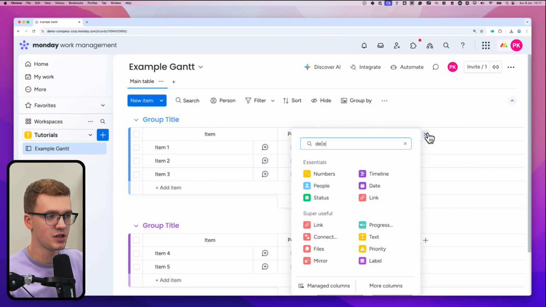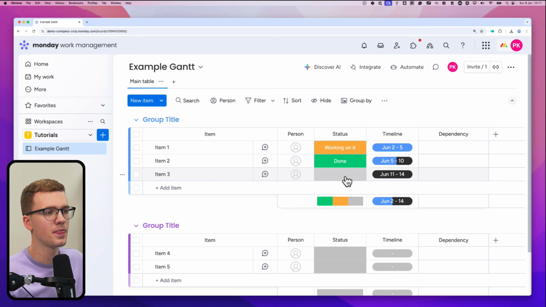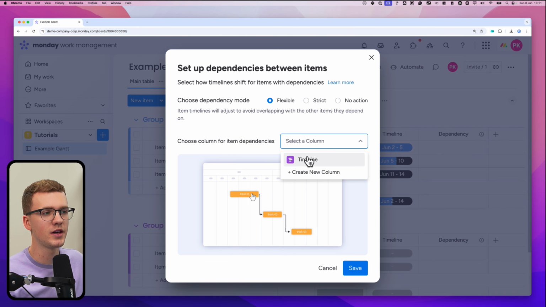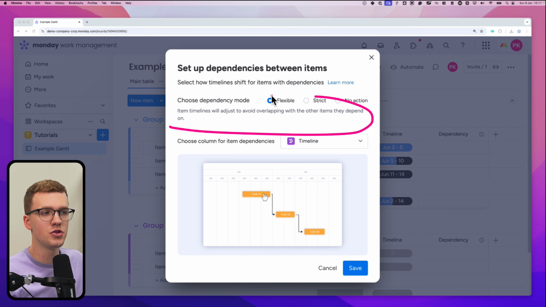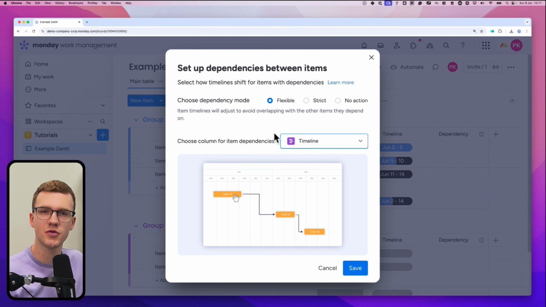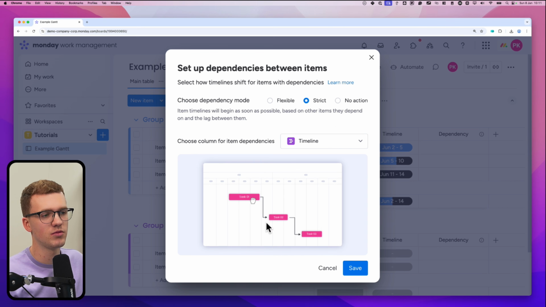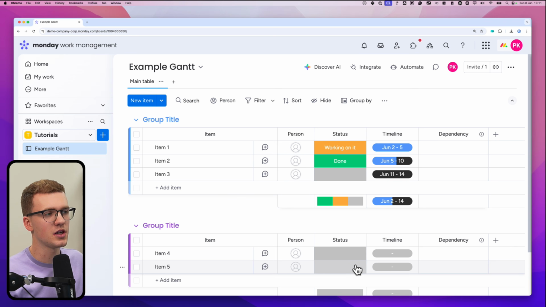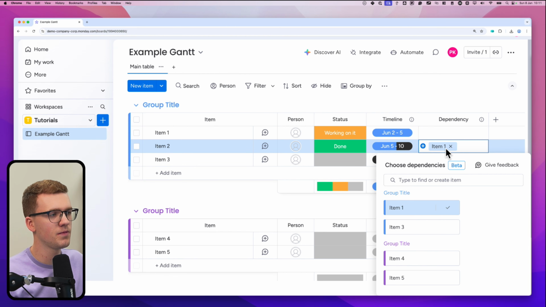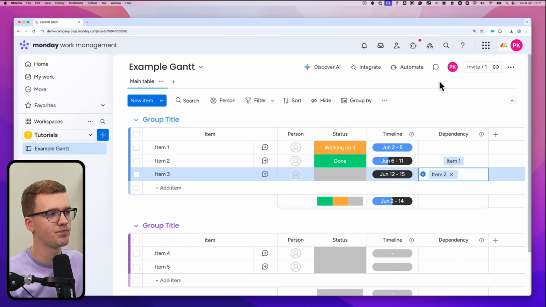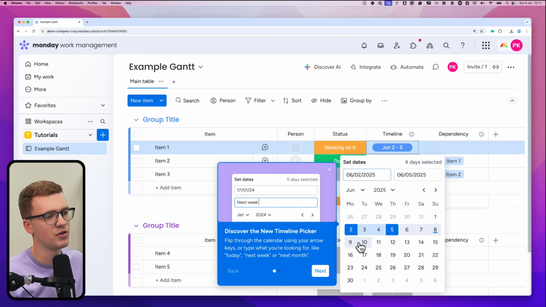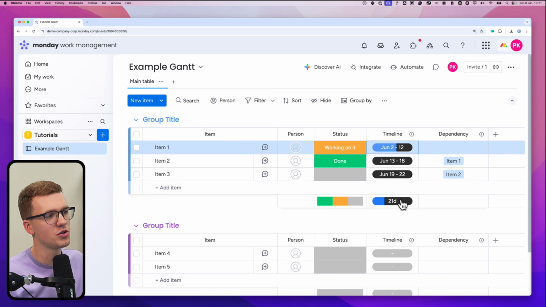Then we're going to add a dependency column. There you go. And it will ask you what to connect it to. In my case, to the timeline column. Now, you can also choose different dependency modes. This is a bit too complex for this video, but it's something to keep in mind. And you can basically look at the video to see what each option means. Let's click save. And now let's make task 2 dependent on task 1 by clicking here, click task 1. And task 3 is dependent on task 2. Right? Now you can already see that timelines are changing a little bit because they're all dependent. So if I were to change this one to like 1 week after, these will also change automatically